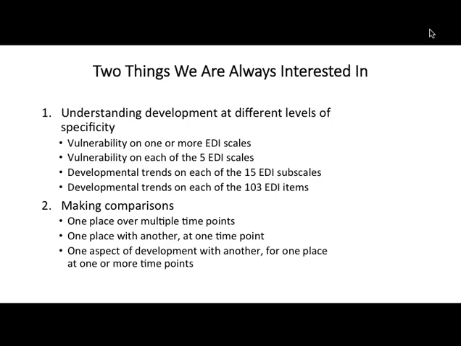We started off with the EDI at the very beginning, only reporting on vulnerability on 1 or more scales. We had a score on that for every neighborhood in the province and for every wave, so that we were able to, for instance, track vulnerability on 1 or more scales across time. And you can compare one neighborhood to another, or even one neighborhood to itself over time, but just on one thing. But that one thing consists of 5 different scales, which are all quite different than one another,